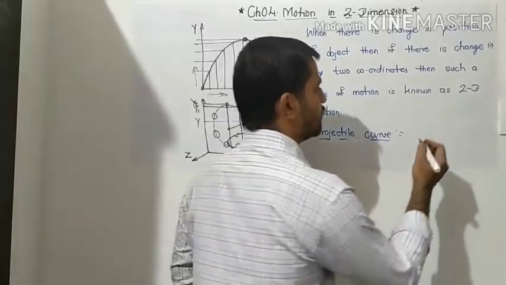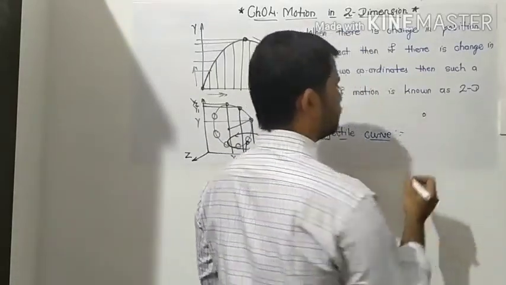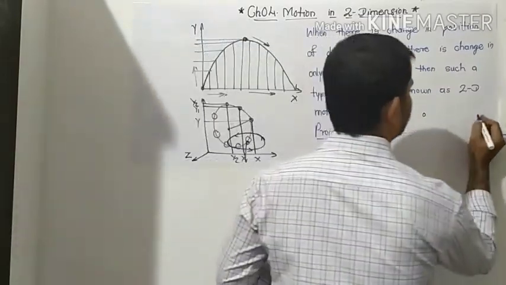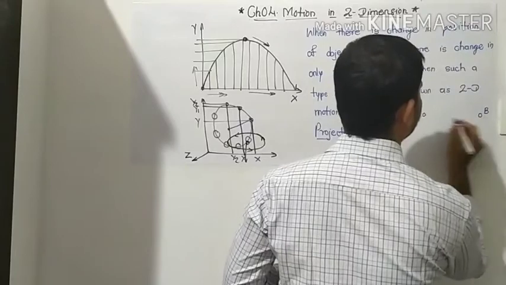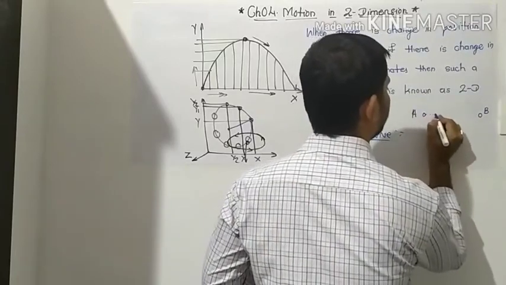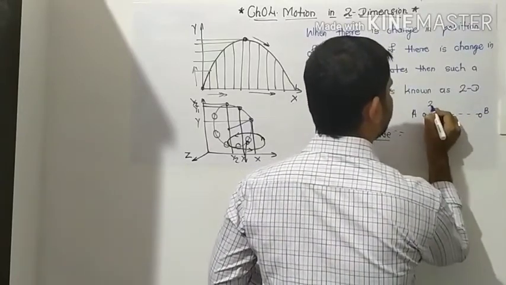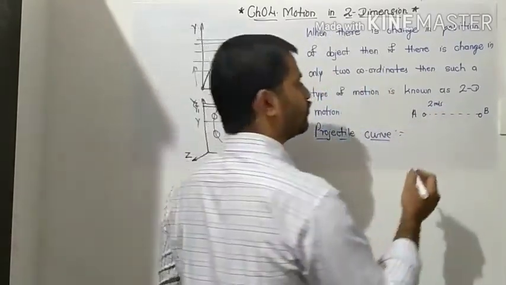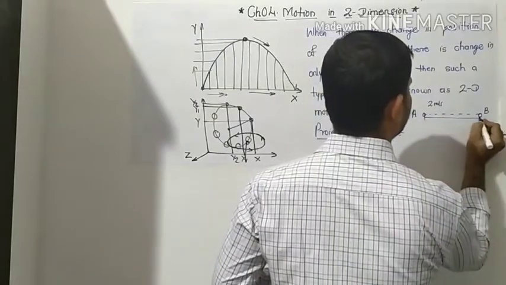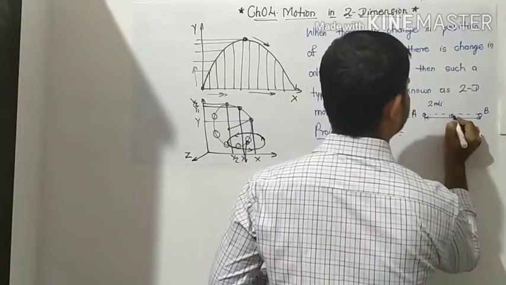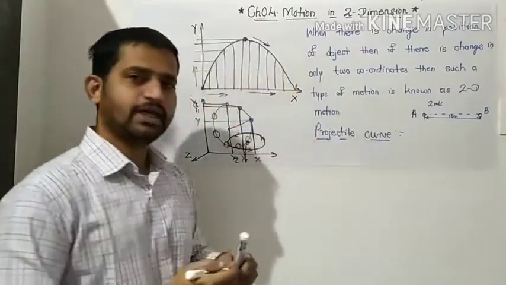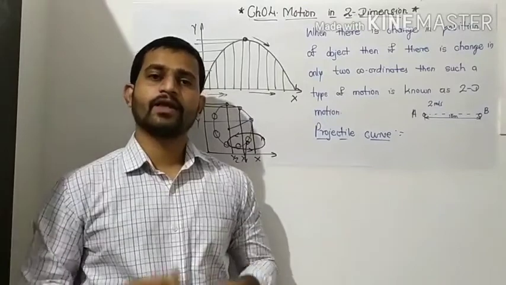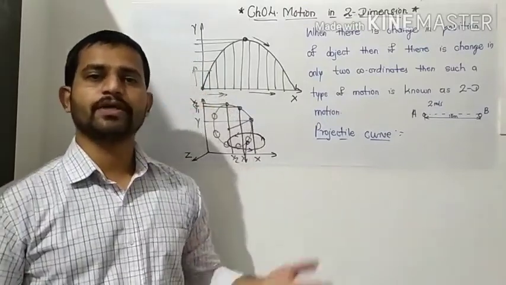Suppose you are standing here at point A and you have to reach point B with a speed of 2 meters per second, and this total distance is 10 meters. If I told you that you have to travel the 10 meters and reach point B,